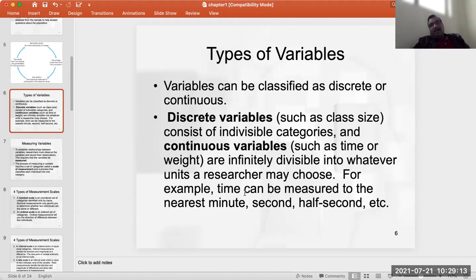And here comes the basic concept of the least count. Can anyone tell me what you mean by the least count of an instrument? Anyone? You can unmute your microphone.